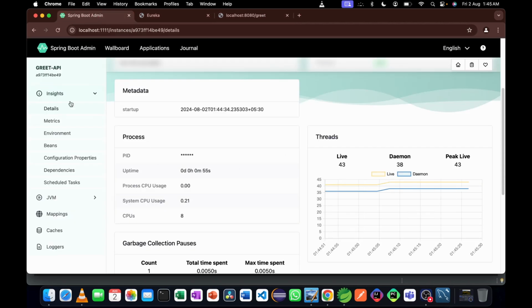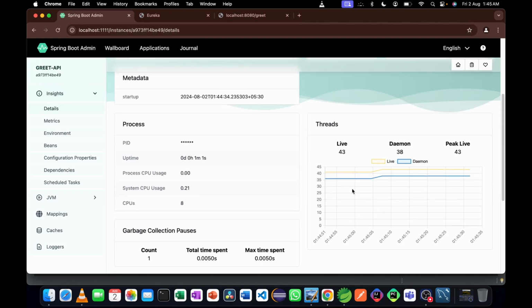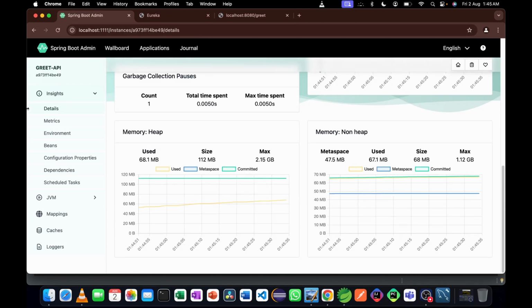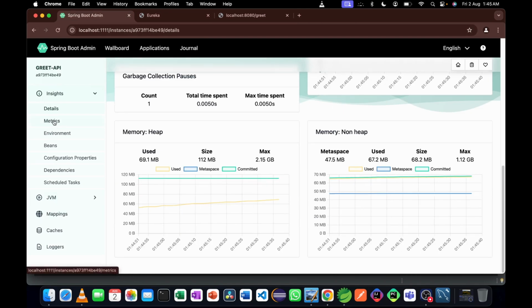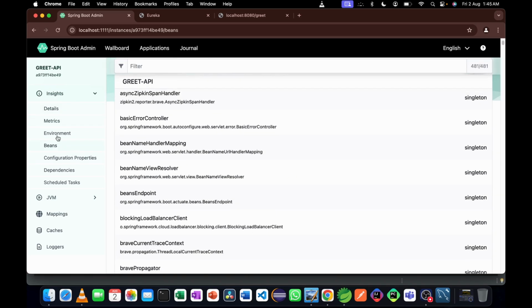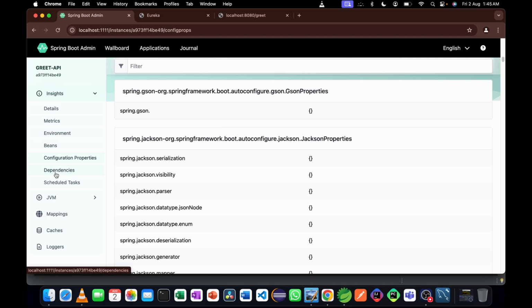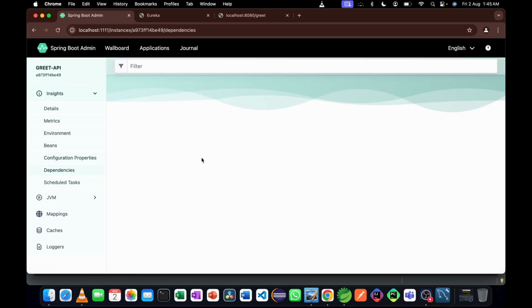And this is our greet API, and in admin server you can check the health, the threads and metrics, beans loaded in this project. This is the beauty of Spring Boot Admin. Configuration properties, dependencies used, I can't see but there's some. Okay,